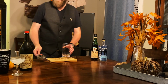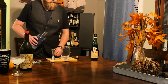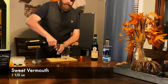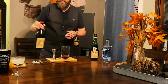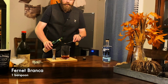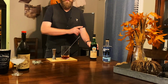We are going to get our mixing glass, and we're going to use 1.5 ounces of the gin. The Hanky Panky was created by Ada Coleman at the American Bar at the Savoy Hotel in London in the early 1900s. 1.5 ounces also of our sweet vermouth. And it was included in the 1930s book by Harry Craddock, the Savoy Cocktail Book, I believe it was called. And just 1 bar spoon of the Fernet, because it is some strong stuff. There we go. So 1.5 ounces of gin, 1.5 ounces of sweet vermouth, 1 bar spoon of Fernet, and then we'll add some ice